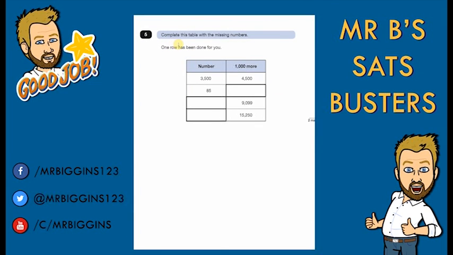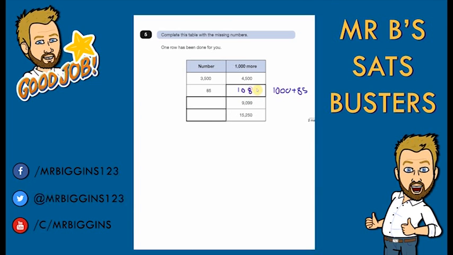Question 5, we have a table and we have to fill in the blanks in these 3 squares. The top one's done, which shows what to do. So we have a number, and then in this column we add 1,000 on. So the first one's in this column, we have 85 and we have to add 1,000 on. So we are doing this sum, which is easy because luckily we have a 0 and a 0 in the tens and the units columns, so we'd have